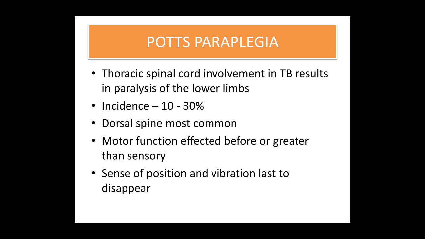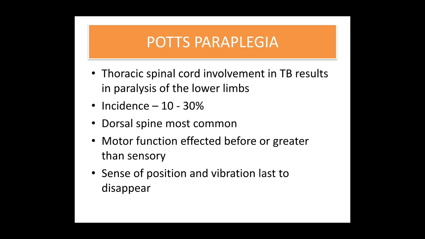So when the motor system is affected, obviously the patient wouldn't be able to walk. Yes, but that's not in the early stage of the disease. In the early stage of disease, when there is mild compression of the cord, there is some amount of spasticity secondary to compression of the spinal cord resulting in myelopathy, but the patient would still be able to walk. I'll be coming to that later on. That is called Kumar's clinical grading. The early stage of paraplegia is when the patient is able to walk, but the physician detects the extensor plantar response or Babinski's, that is grade 1. I'll be talking about that in the next slide.